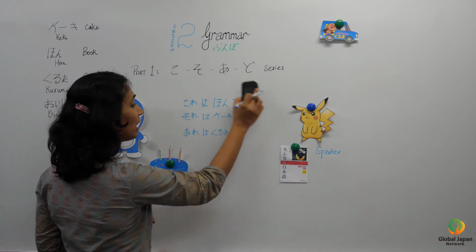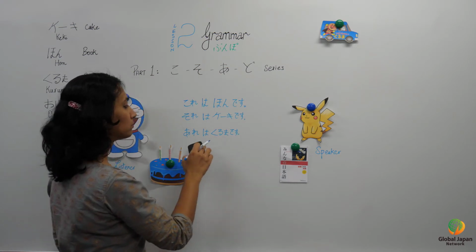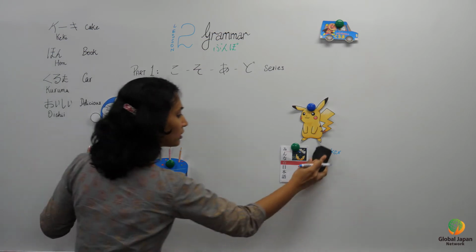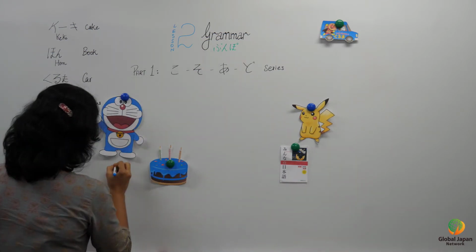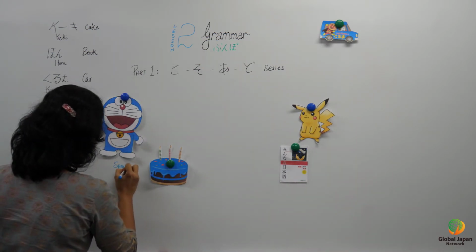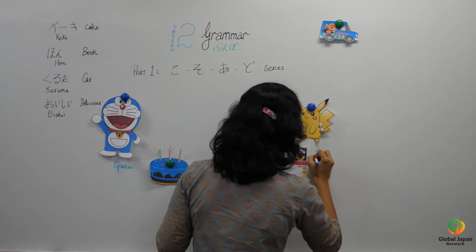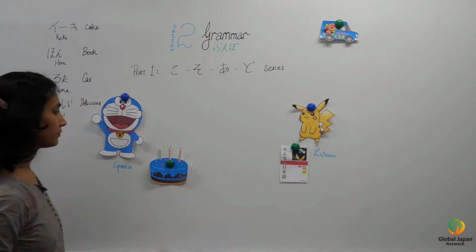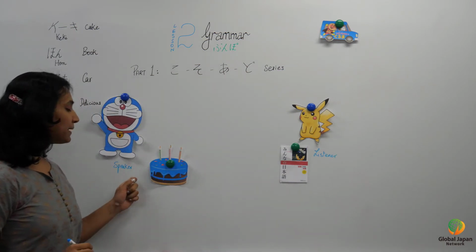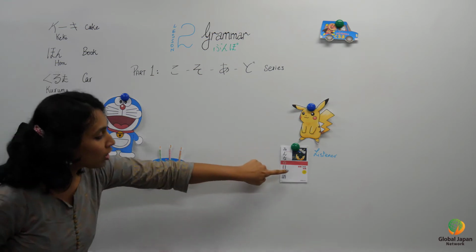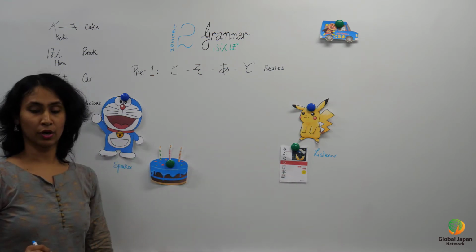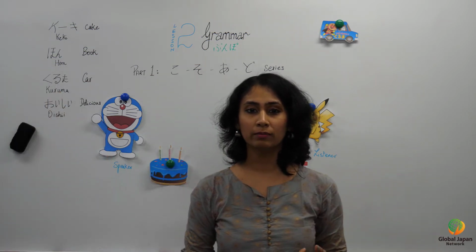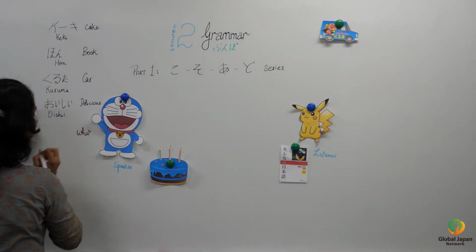Now, we will learn framing out questions using these words. I'm back to the same role here. He becomes the speaker and this person is the listener for us. So the speaker wants to know, what is this? What, the Japanese word for what, we learned it in lesson 1. What, the word was